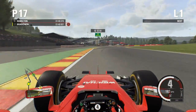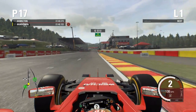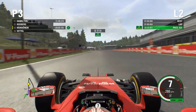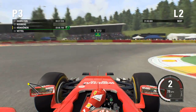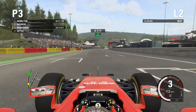as now we approach the infamous bus stop corner, 100-meter board, slow it all down to second gear, hit the apex nicely there, then flick it left for the second part after the bus stop, and then try and get a clean track, can open up DRS, and as we come across the line, we're going to get third place, and only a 10th off of Lewis Hamilton, so that was a mighty final sector from us, unless the AI were maybe a bit glitched, but overall, a very good qualifying lap there,